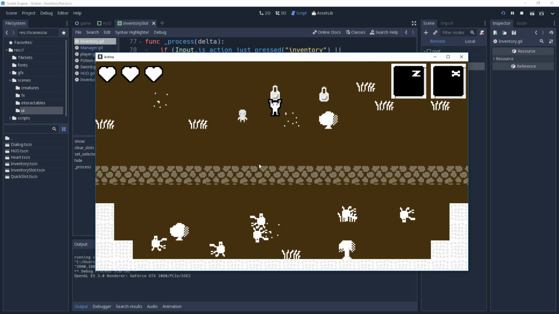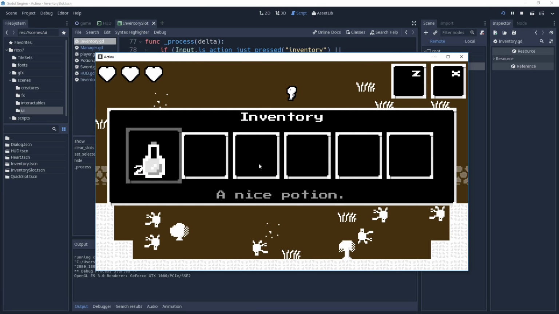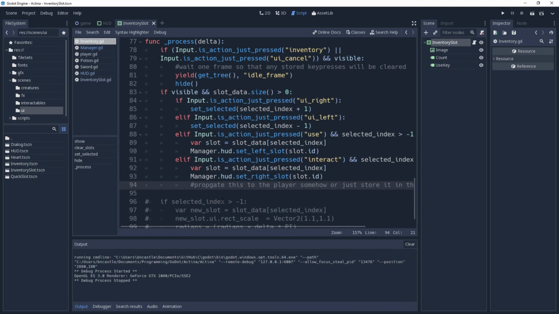So we'll grab us a potion. Let's grab us a couple of potions. E key. And let's press X, and there it is. I must say, I do like that. And that number probably should show up as well, but